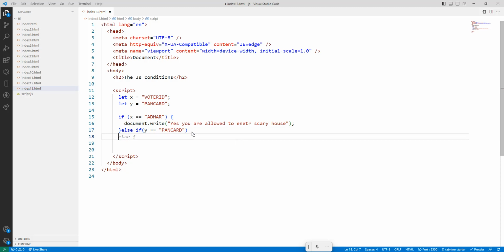Okay, this is the if condition. If this condition is not matched, give one more condition, that is the else if. Else if means if you don't have at least one card, you can show another card like that. So else if Y is a PAN card. So now